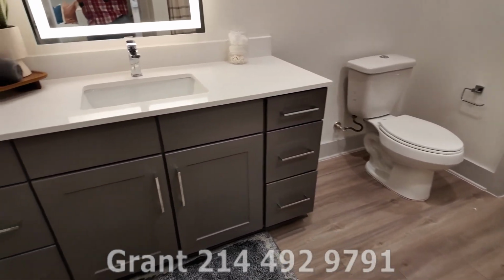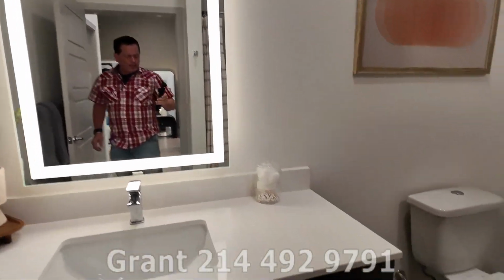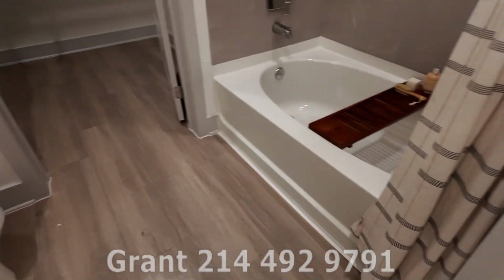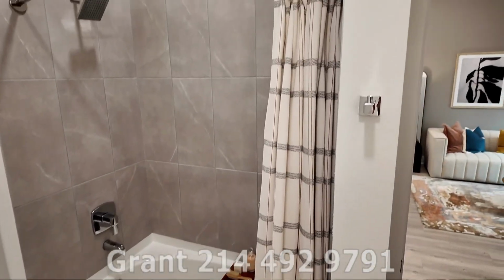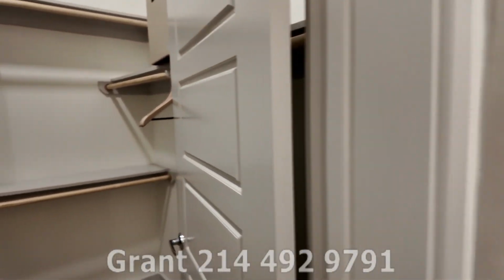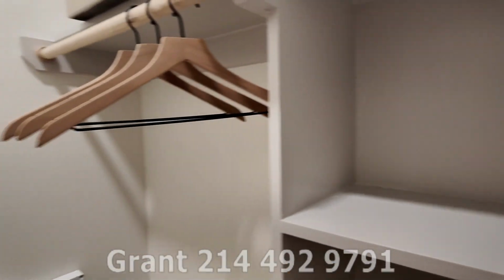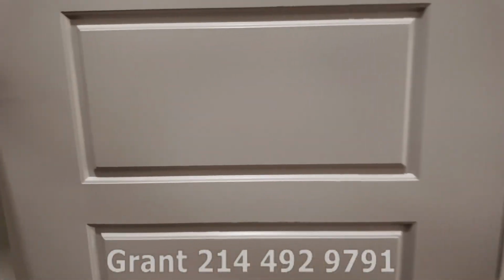And then here's what the bathroom looks like. It's a really nice bathroom. It's got a nice lighted mirror, and then here is the gorgeous shower. It's really tall. Love the backsplash that goes all the way to the ceiling. And then this is a pretty good size. I'd say it's a B for a one bedroom, probably B plus, A minus closet. A lot of space in here. So very impressive